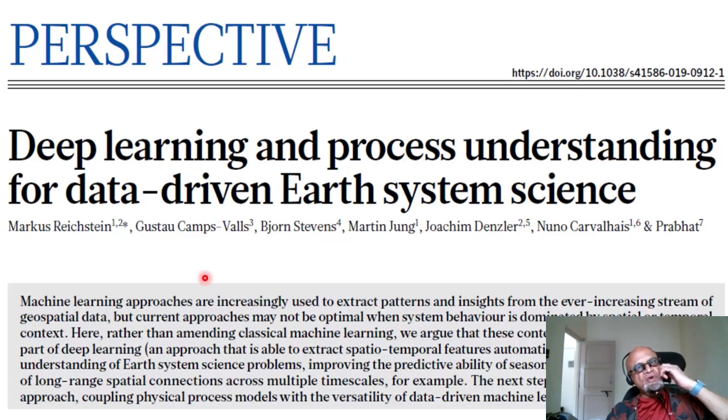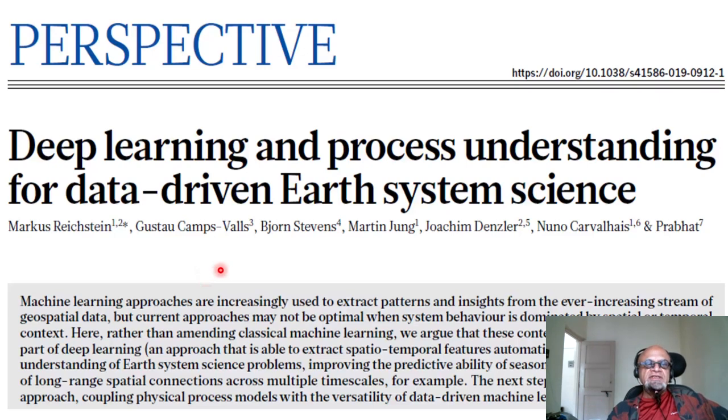Makes some good points about how the speed of data collection is evolving, how computational power is evolving, how models are evolving, and yet there are limitations on what the models can do, especially when it comes to predictions, parameterizations, mismatches with observations, or even analyzing the data itself in terms of capturing the parameters, or improving parameters for the models, but also capturing the patterns. And there are some good examples that we'll look at.